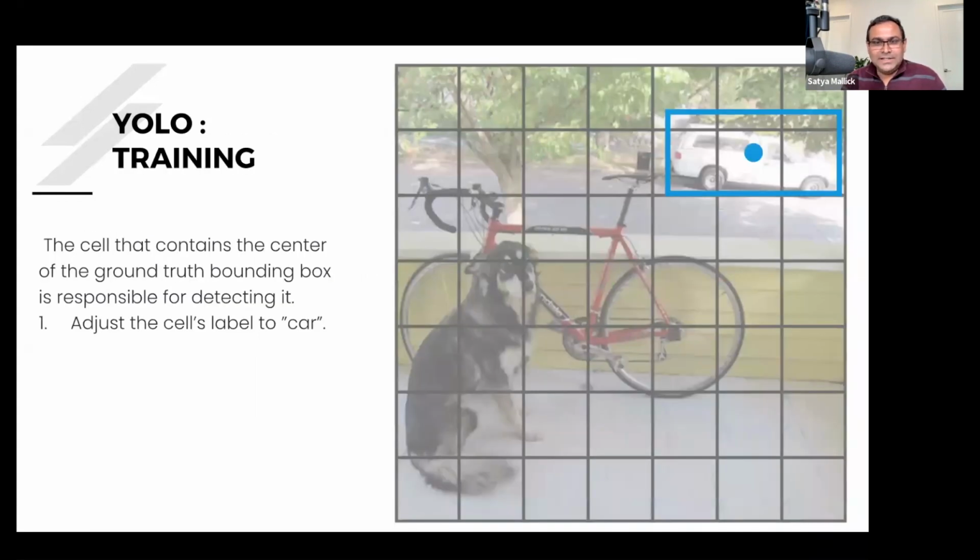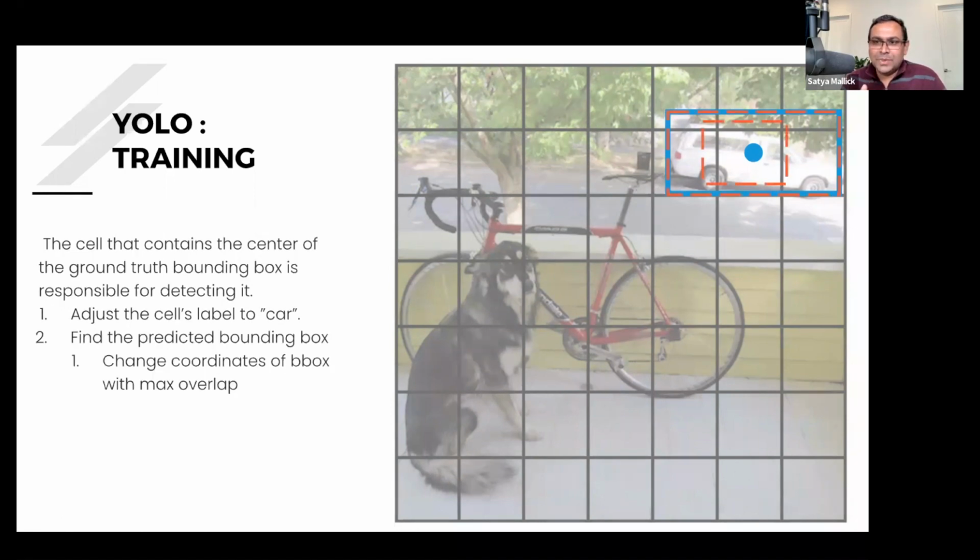Now, because YOLO has this grid structure, how do you actually do it? From the ground truth, when we are training, we know that there is a car here, because we have been supplied with bounding boxes, the class label, and where this car is. So the cell at the center of the car is the cell responsible for predicting this car. And then we basically increase the